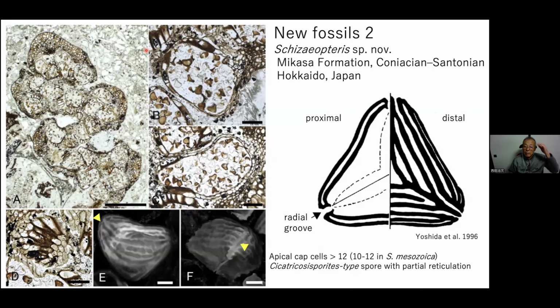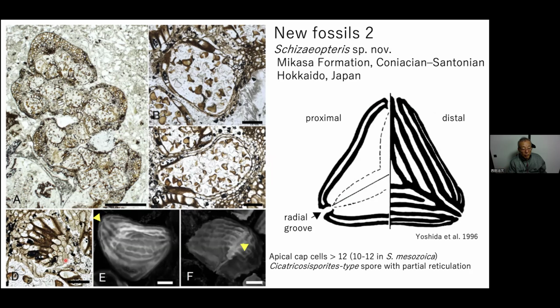And the second one is another Schizaeales from Hokkaido. This one is similar to the Schizaeales mesozoica that Stops and Fuji and we found earlier. But the difference is that this one doesn't have a coiled structure. I mean, the segment is flat, and also each sporangium has terminal apical capsules like this in Schizaeales.